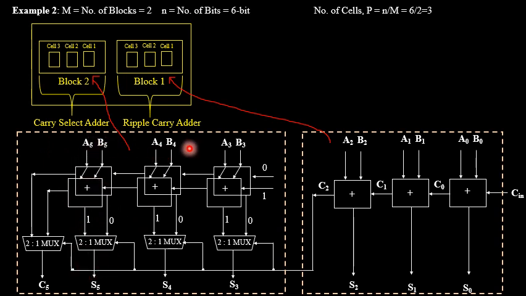So continue with the bits. A4 we have stopped, so this will be A5 and B5. Sum generated. Exact sum, if I want to know, apply the control signal from the carry input C2. So it will generate and give me the sum output as S5. Next, it will generate the carry output as C5.